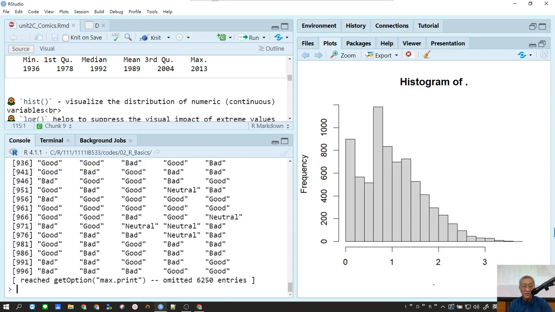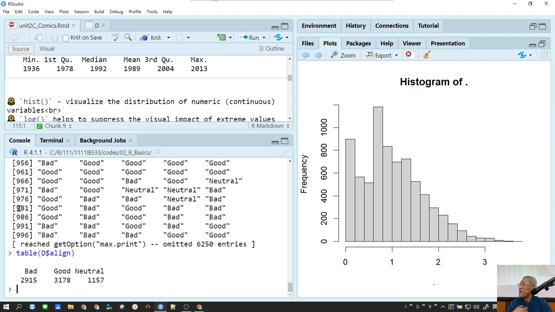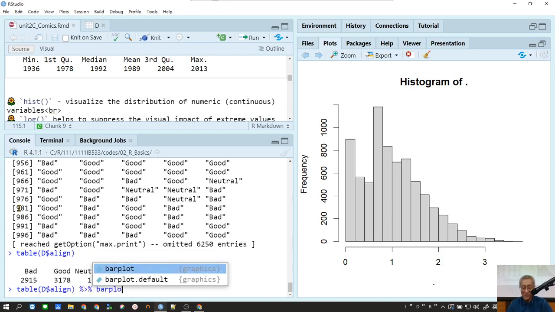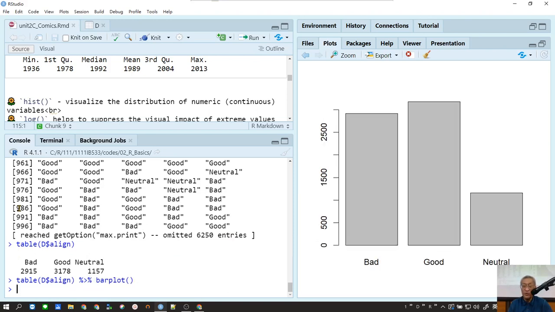D align by itself is a character vector. If we put it into a table, you will see it counts each of the unique values. If you want to visualize this distribution, we pipe it into a bar plot. That's all you need to do, and you see it already. So in our environment, it's very easy to examine